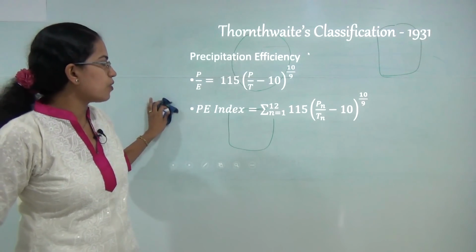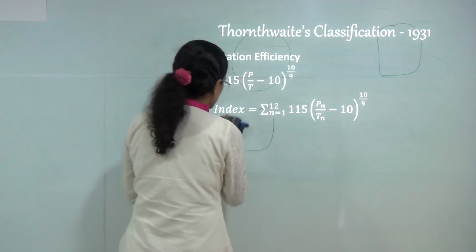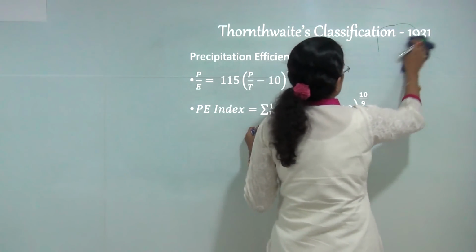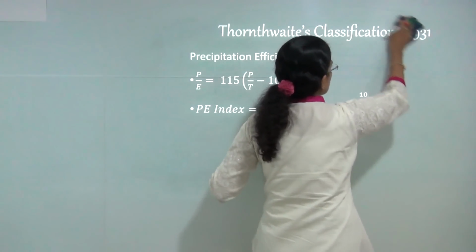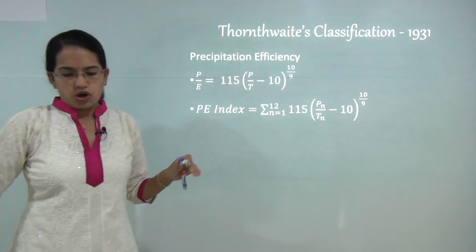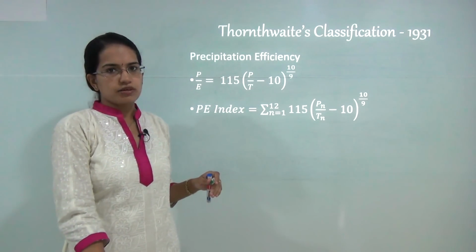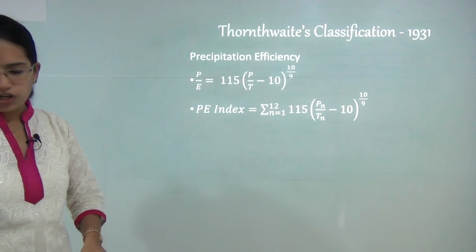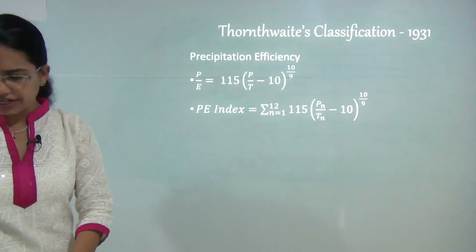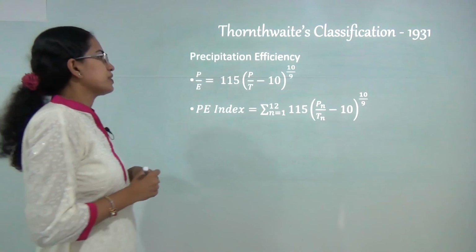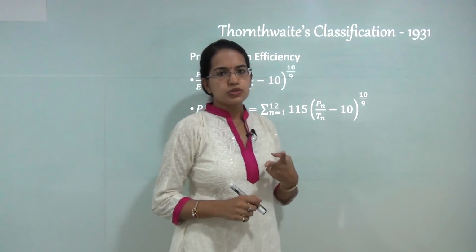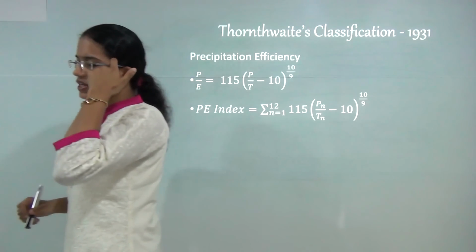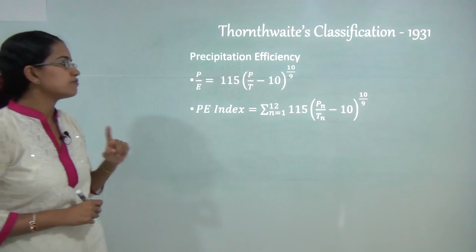Now let's move on to the next classification, the Thornthwaite classification. To understand Thornthwaite classification, first of all we need to understand a lot of physical sciences. Thornthwaite formulated his water budget technique, and under that technique he tried to assess the need for water demand. When he was trying to understand the need for water demand, he gave his theory in two phases. The first was the 1931 theory, and there was a modification of the theory propounded in 1948.